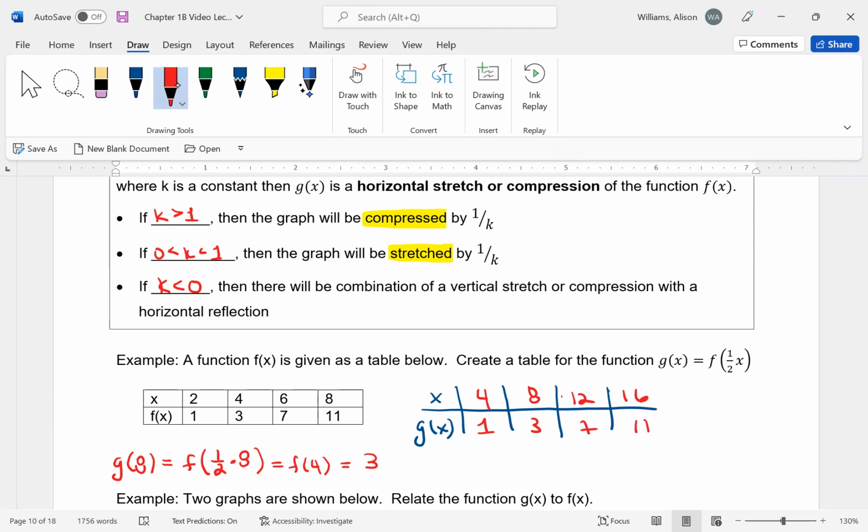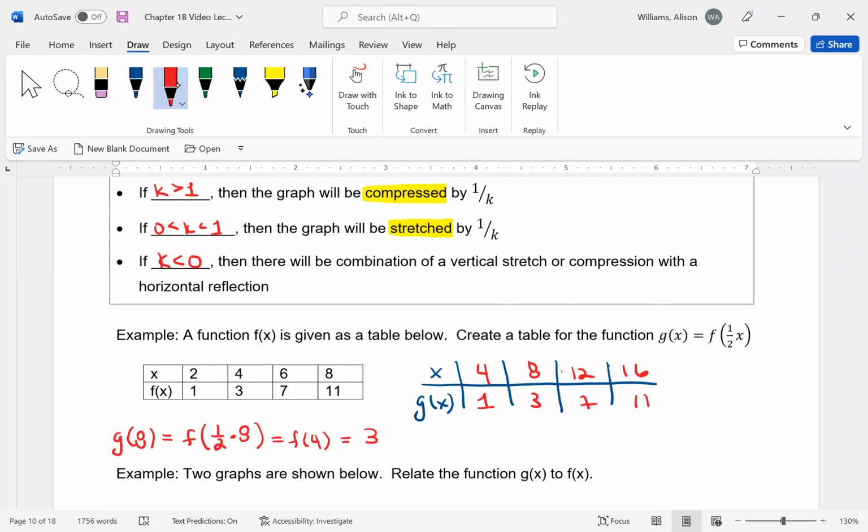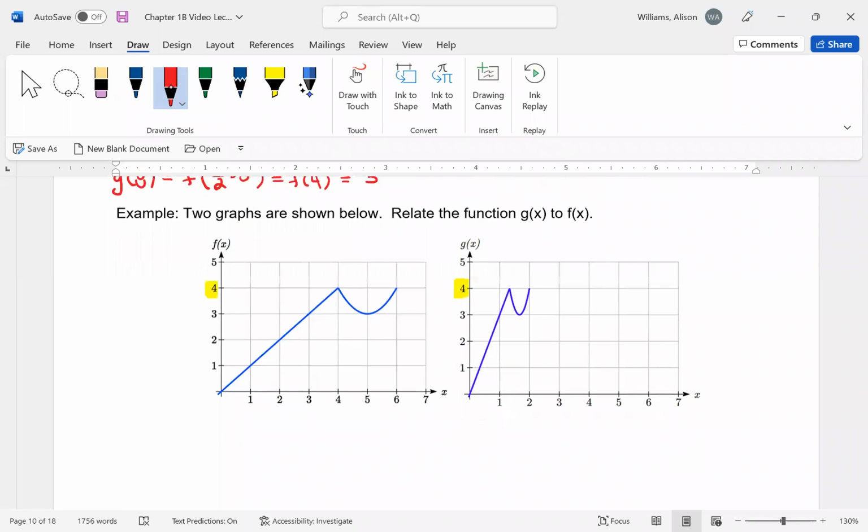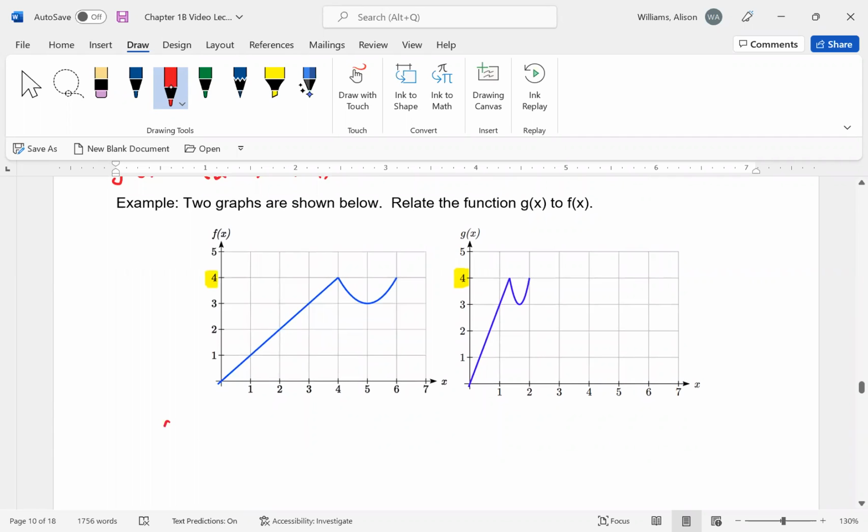Okay, so let's look at an example with 2 graphs, and let's figure out the relationship between them here. So we can kind of see that g of x looks almost like a squished version of f of x, and it's squished horizontally because you could see that the output values are exactly the same, right? The highest value is 4 for both graphs. The lowest value is 0 for both graphs. So the inputs are what has changed. Therefore, it is compressed